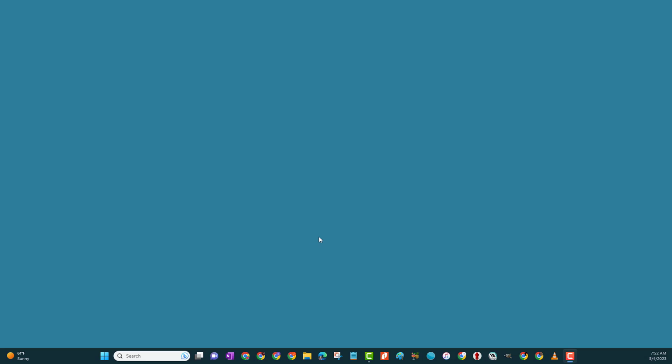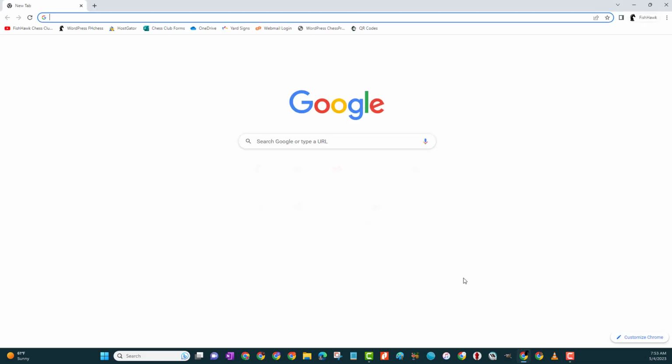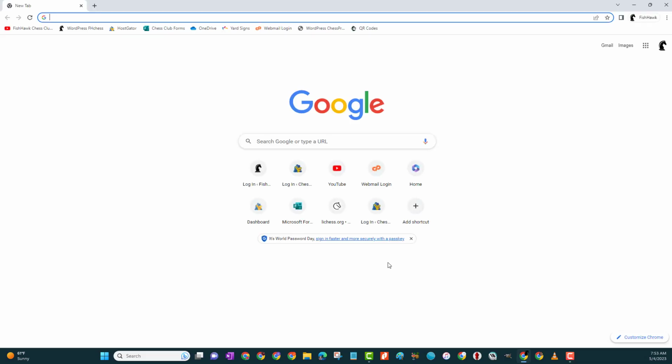First of all, the platform that we recommend is completely web-based, which means you don't have to download an app, which is something I really enjoy. So I'm going to open up my web browser, Google Chrome. You'll notice I'm doing this on a desktop computer, but you can do this on any device that has access to the internet, tablet, phone, etc. Now, once you open up your web browser, the platform that we recommend using is called lichess.org,